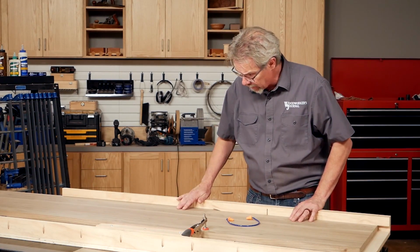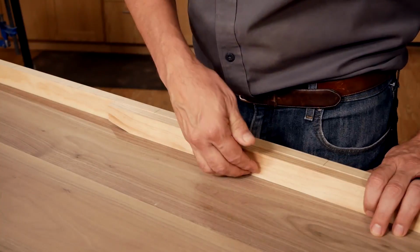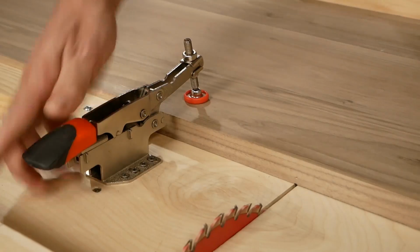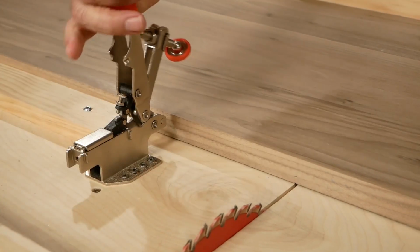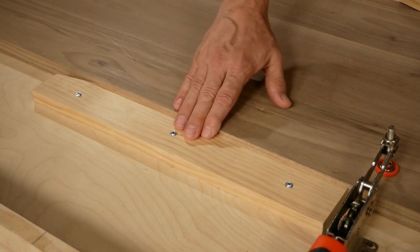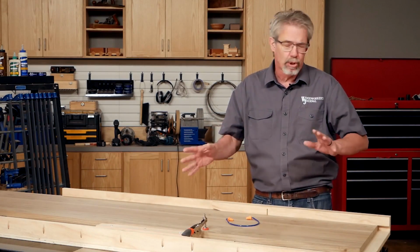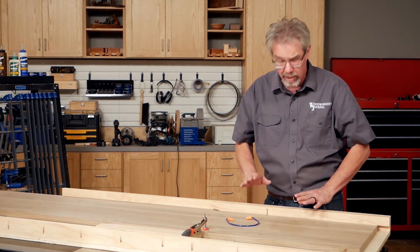In addition to the sled, I have a hold down cleat here, which holds the board tightly to the surface. I have a hold down clamp here, does the same thing on this edge, and then I have another cleat that holds it tight to the fence. All of those things take those problems out of consideration for me, so I can just concentrate on making a